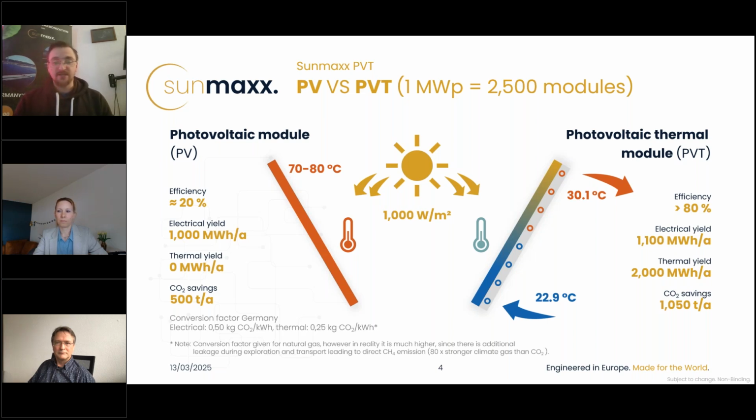On the other side, our hybrid modules, we have an aluminum heat exchanger on the back side of our PV laminate. And through this heat exchanger, there runs a water glycol mixture. With this fluid, we can extract the heat from the module. And as you can see here, a typical temperature range in summer. So we go inside of our module with roughly 23 degrees. And we get out of the module with 30 degrees.